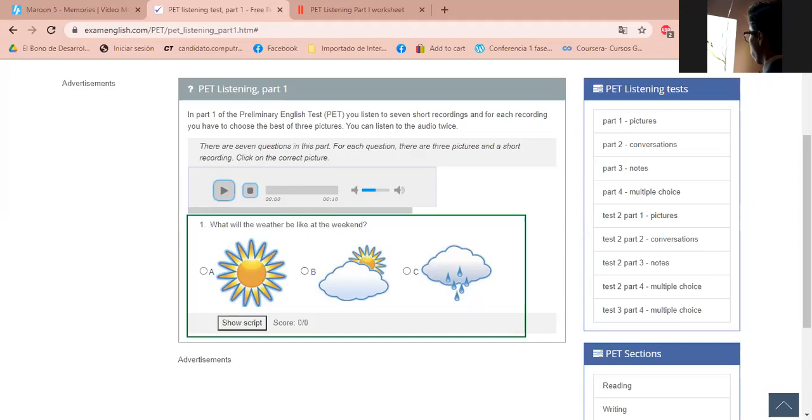I listened that he said it was going to be cooler and cloudy this Saturday and Sunday. Exactly. That's the first clue we have, ¿sí? La primera pista es que obviamente ahí nadie nos va a decir on weekend, right? Or at the weekend. En un audio de estos de comprensión no vamos a tener las palabras exactas. Es decir, que tenemos que nosotros analizar a qué nos referimos con weekend, ¿no es cierto? Entonces, fin de semana, Saturday and Sunday.